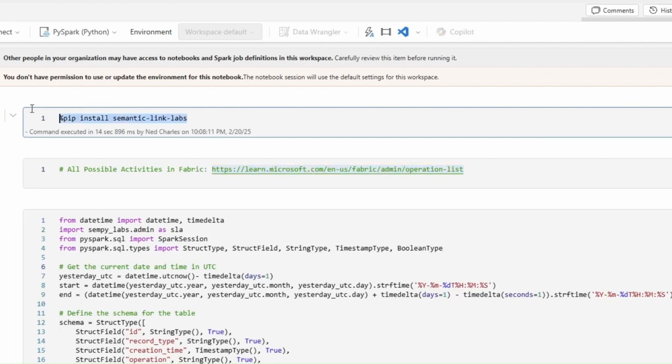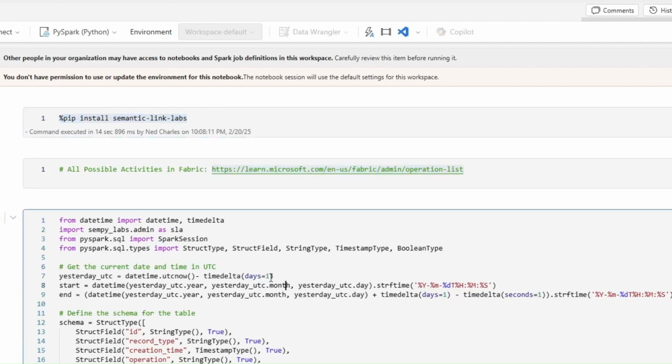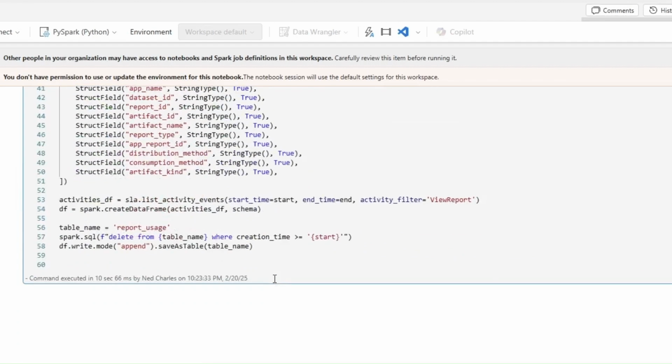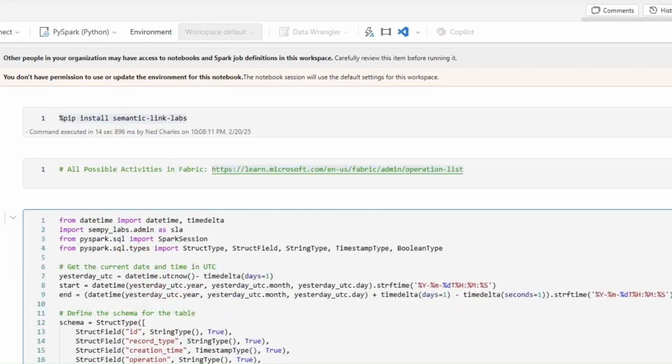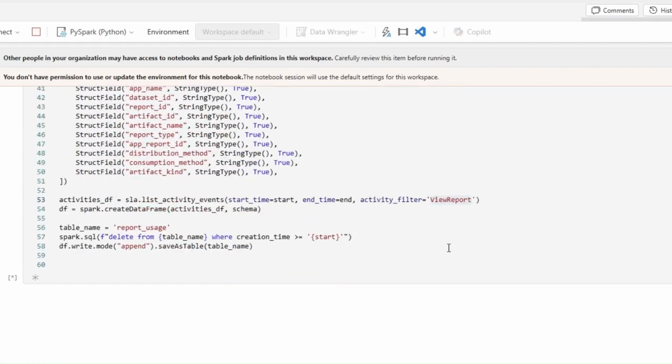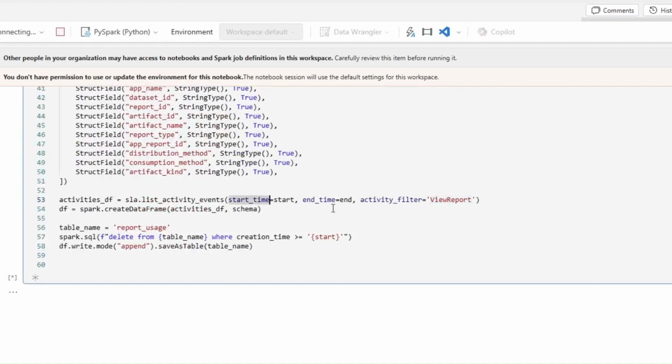So here I am importing Semantic Link Labs. Here I am feeding it a start date and an end date. And then I am simply calling the activity, right? So I'm calling SLA list activity events, where my start time is here, my end time is here, and the activity that I want to view is my report view. And what this will return is essentially all of the report usage between the start time and